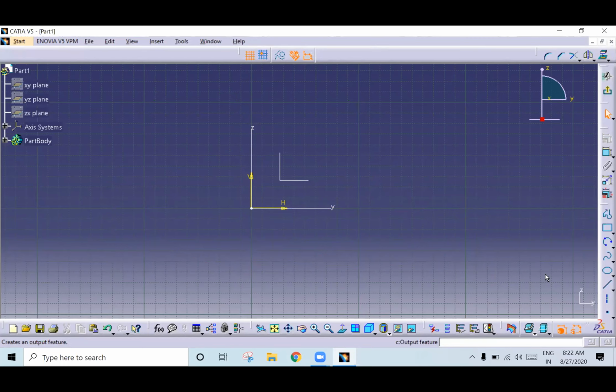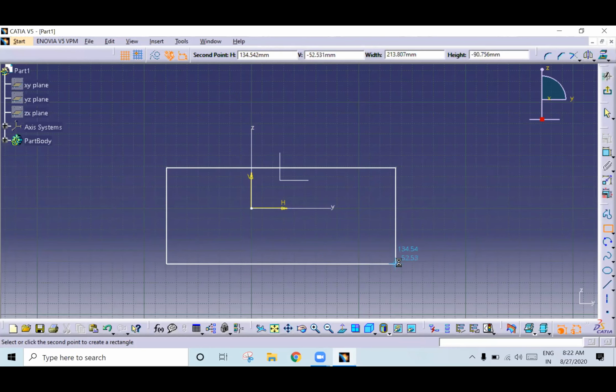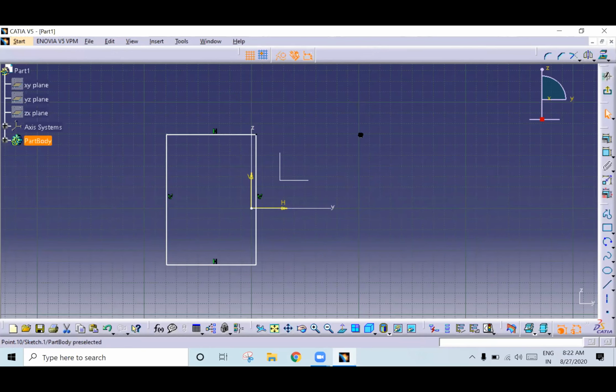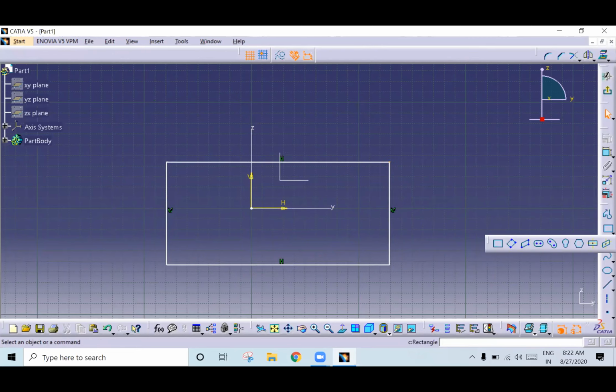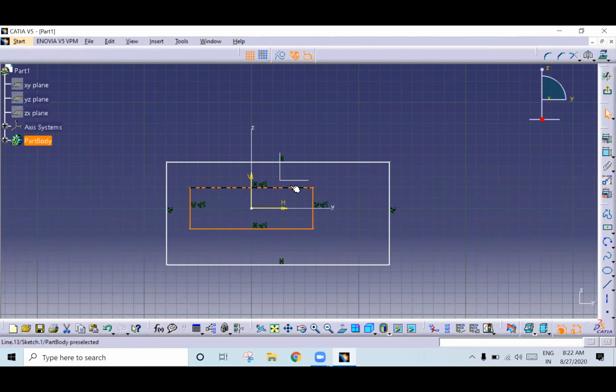Symmetry. Symmetry, right? Yes, sir. Okay. See here we have normal rectangle. See, we don't have any constraints here. If you select this centered rectangle, see here, the horizontal lines is symmetry with respect to horizontal axis. So equally it has been spaced, right? So if I move vertical axis, it is moving vertically. Got it? See here.